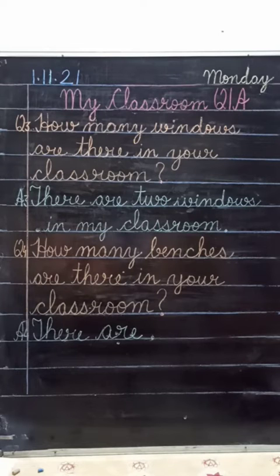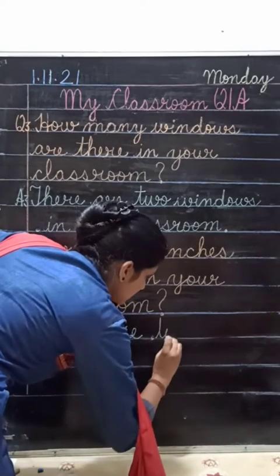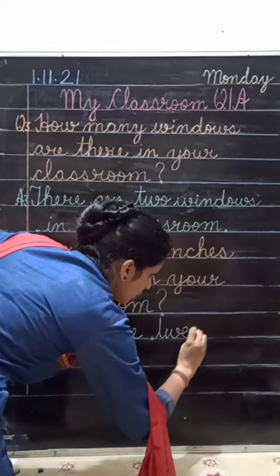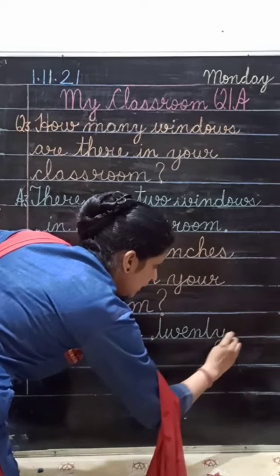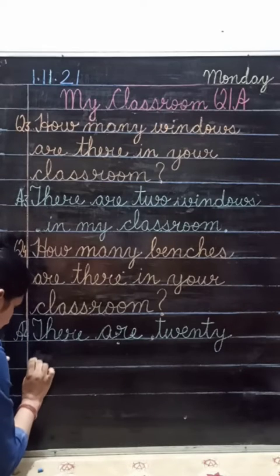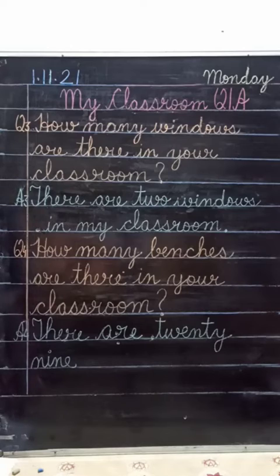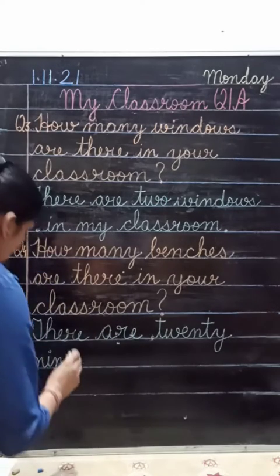And if there are 29 benches in your classroom, then you will write down 29. Okay, beta? So write down there are 29, T-W-E-N-T-Y, 20, 9, N-I-N-E, 9. There are 29